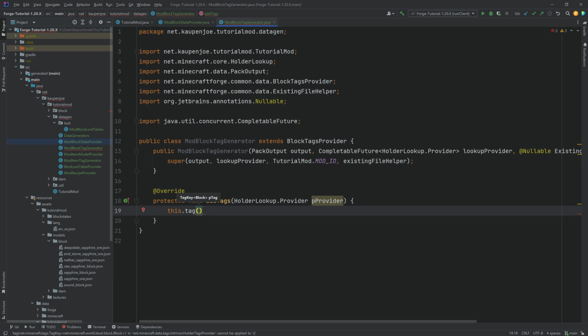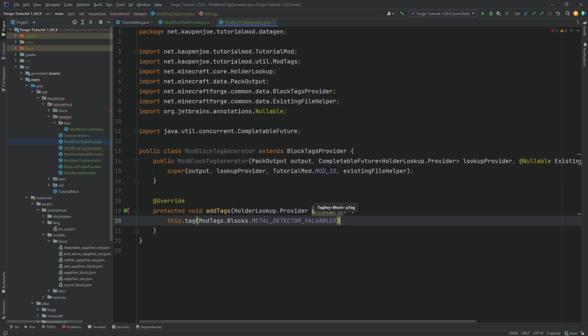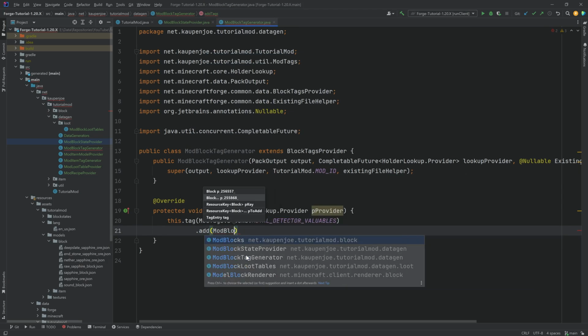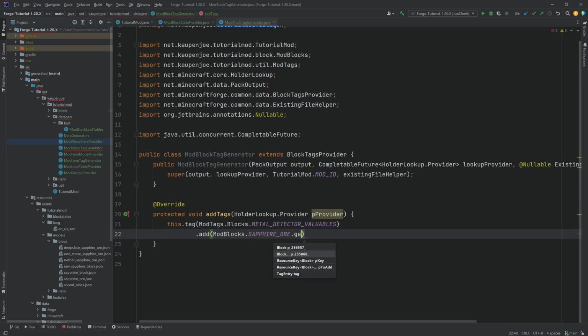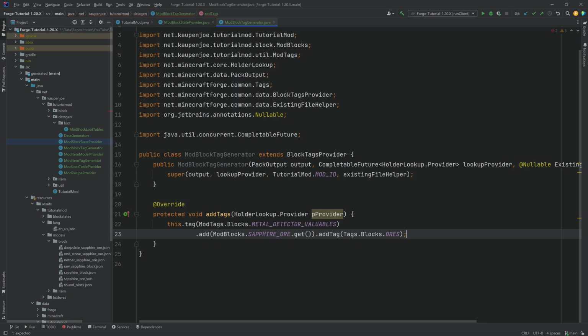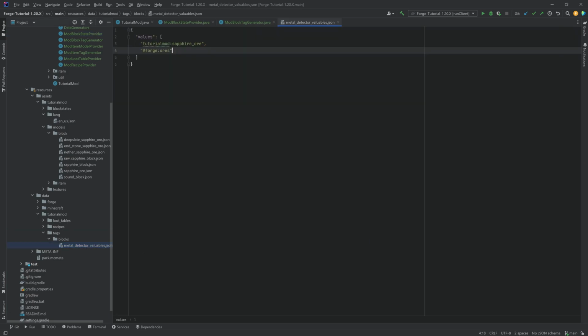So let's start with our custom one. This would be ModTags.Blocks.METAL_DETECTOR_VALUABLES. And here we want to add number one, the block, right? So this is going to be ModBlocks.SAPPHIRE_ORE.get. And then after the last closing parentheses over here, we also want to add a tag, and that tag is Tags.Blocks.ORES, which is the Forge ores tag,